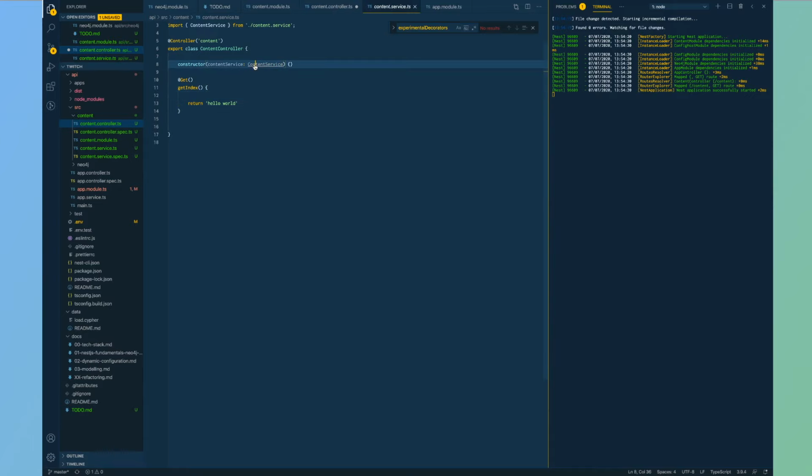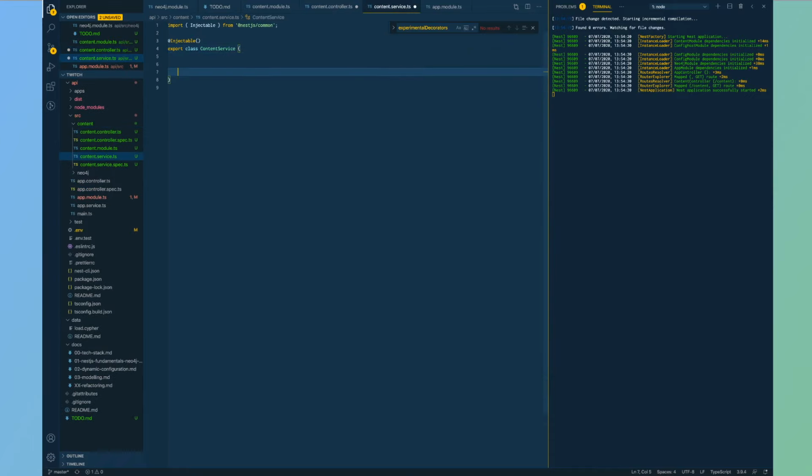Inside here, we want, for example, get movies. This itself should use the Neo4j service.